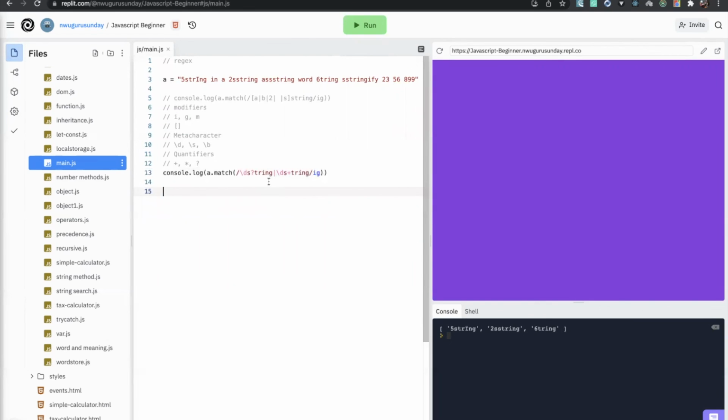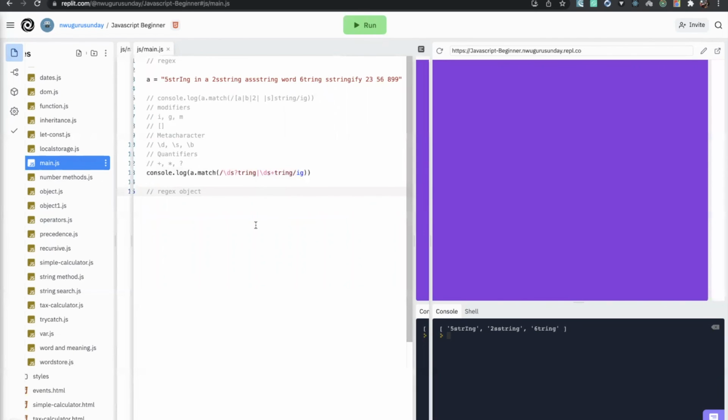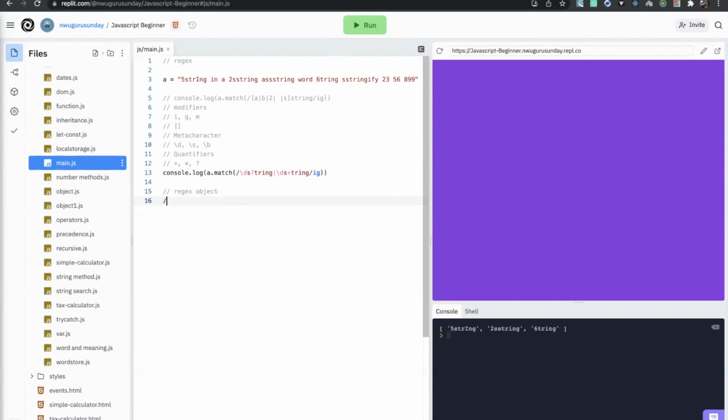Okay, so let's talk about regex objects. The object just provides us a method that we can call to test for a search pattern. All right, and that method is called test. So if you want to test if a string exists in another string, you can use this test to do it. So for example, we can